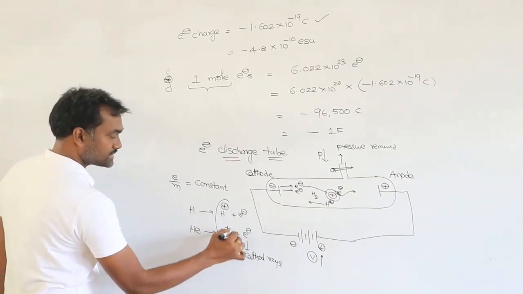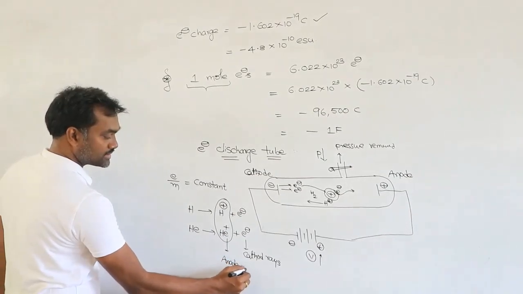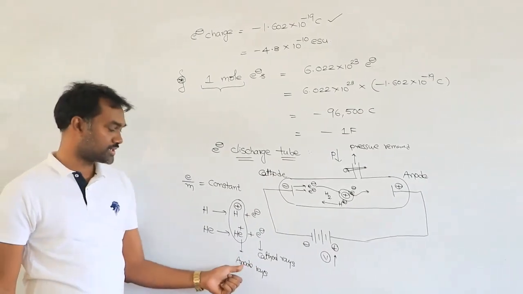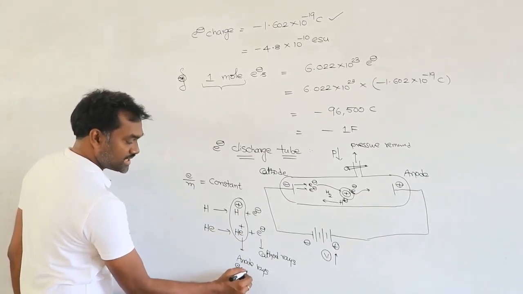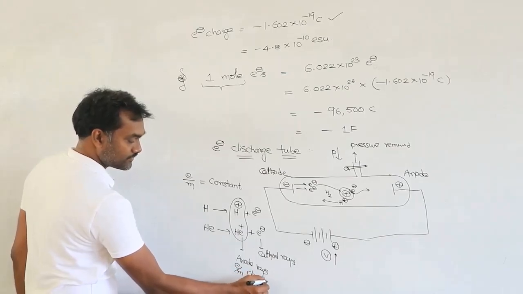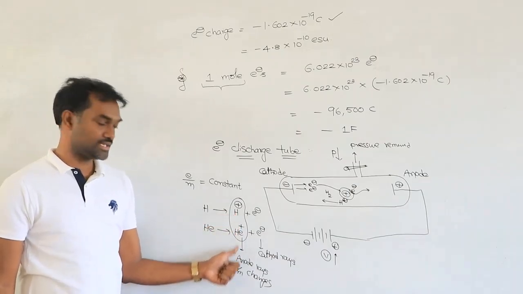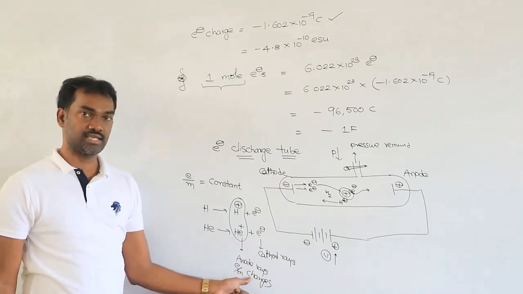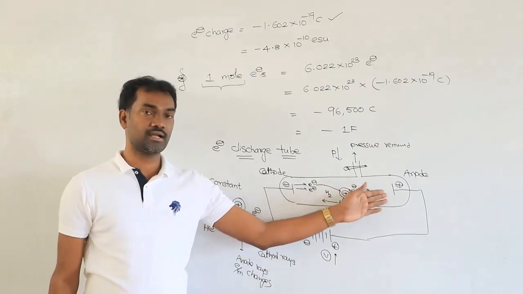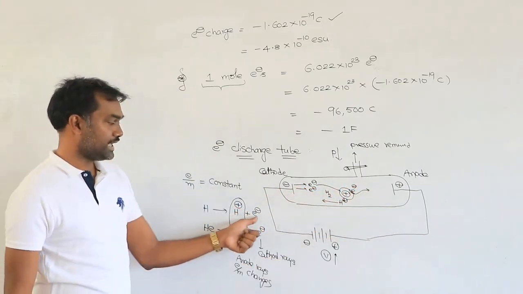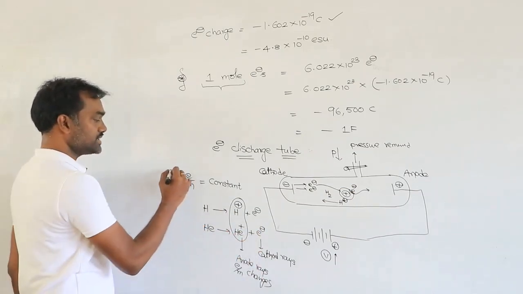With different gases, you get anode rays. When we discuss protons, we will discuss that. So for anode rays, E by M changes, because hydrogen mass is different and helium mass is different. That's why E by M values change. But for cathode rays, whatever the gas you take, the outcoming particles are electrons only. So the electron charge is constant and the mass is also constant. That's why E by M is constant.